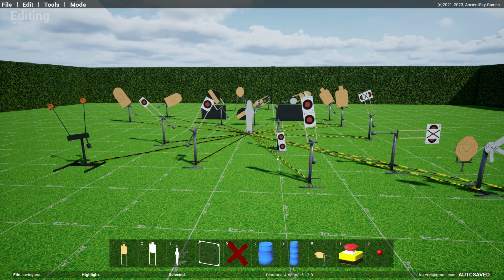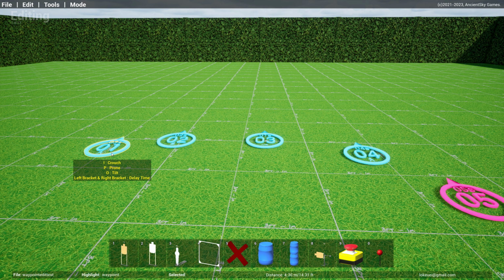Then the last new functionality is the Waypoint Sequence Editor. And so if you have a stage and if you built a simulation with multiple waypoints, one of the difficult things is to change the sequence. Let's say for instance right now you see waypoint 1, when you go into dry fire or you go into simulation mode, it goes from 1 to 2 to 3 to 4 to 5, and the stances that you set